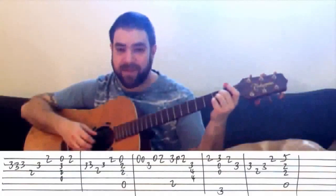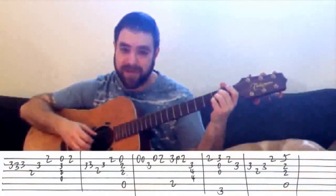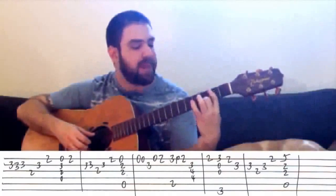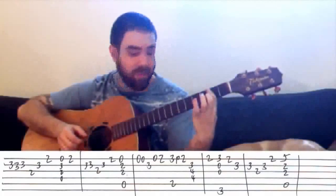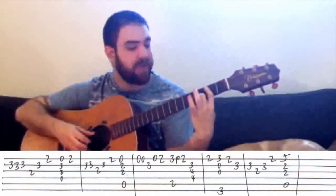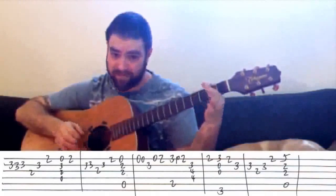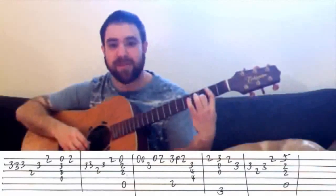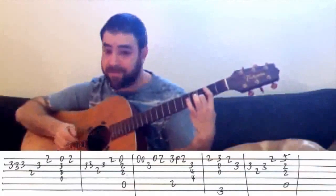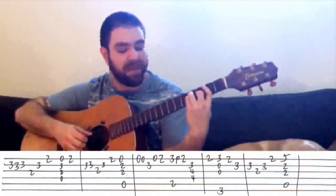We were here: 0, 0 on the E string, 3 on the B string, 0, 2 on the E string. Okay, now bar the second fret and do this. Okay, 3, pull off to 2 on the E string. You're pulling off to the bar and play the A string along with it. It's the B note this time, it's the B bass because we're moving into the B minor chord. So it's this. And then you put on the rest of the B minor chord and you play